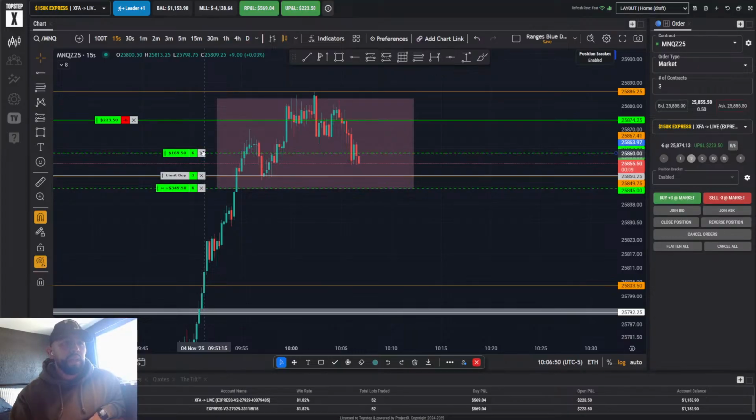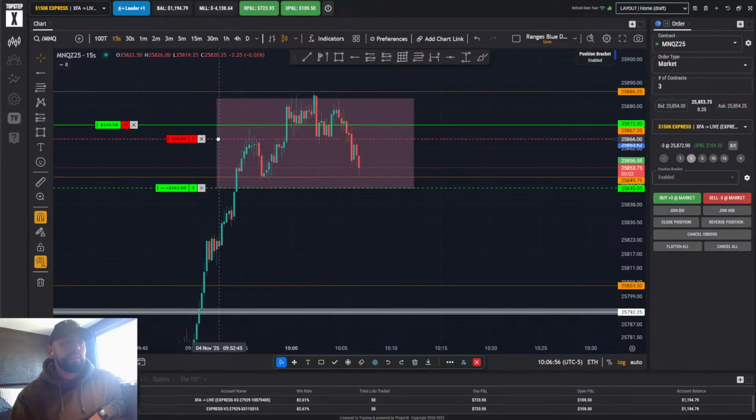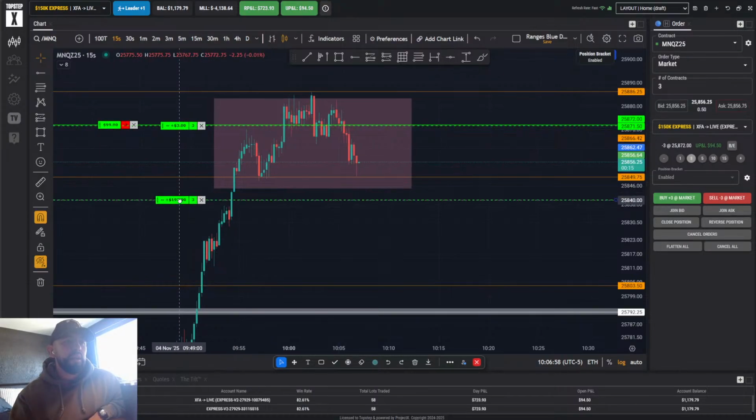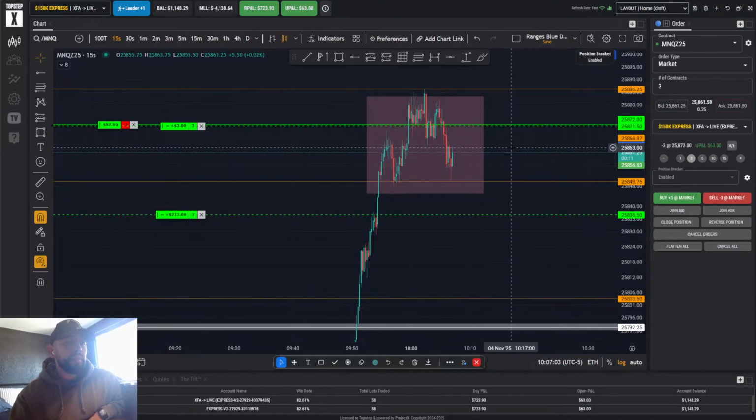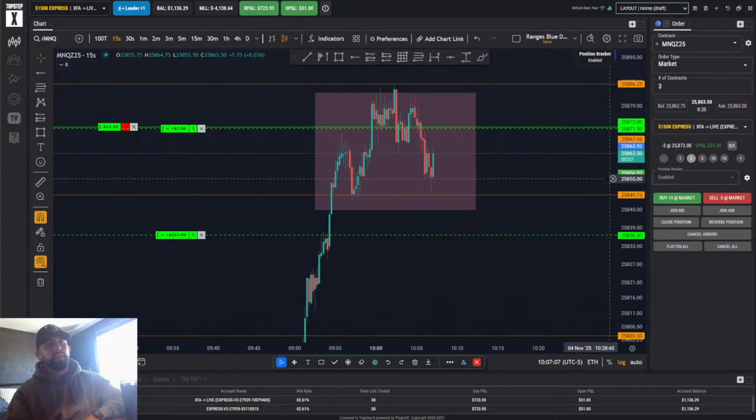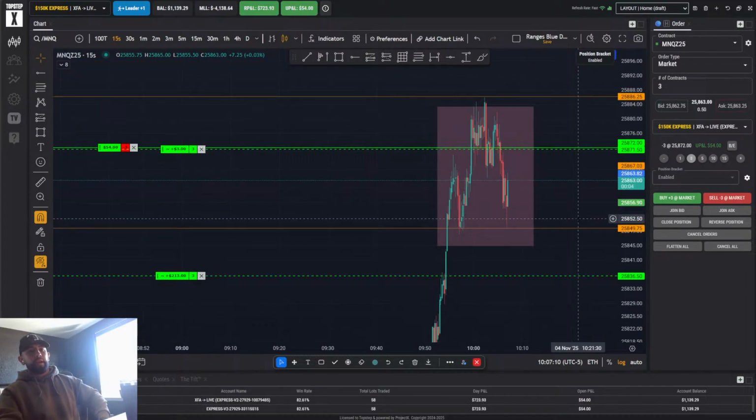I want to see that 50 tap here. Order filled. Okay, move my stop. Break even out. And now I just let it work, right? I'm in a free trade now. It'll probably come stop me out, but